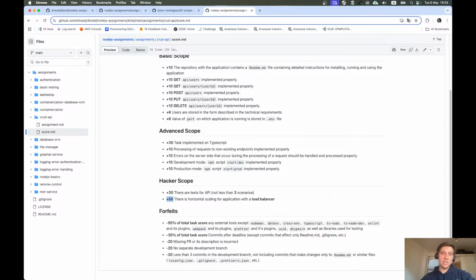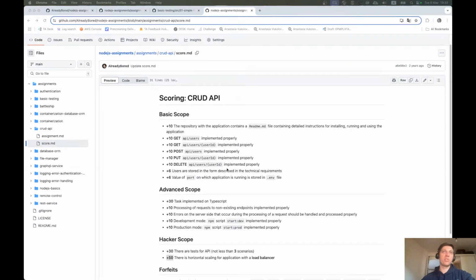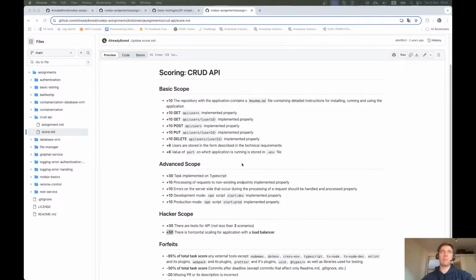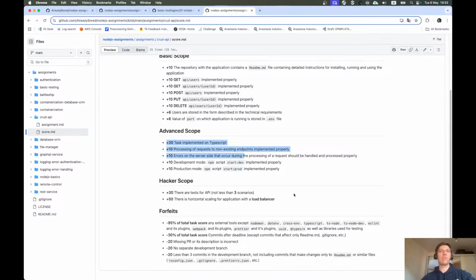Yeah, it's not that easy, but you do not need to complete everything. So you can complete, I don't know, maybe only basic and advanced scope if API tests and horizontal scaling are hard for you. And just as always, you will get forfeits for using some libraries that are not mentioned here,